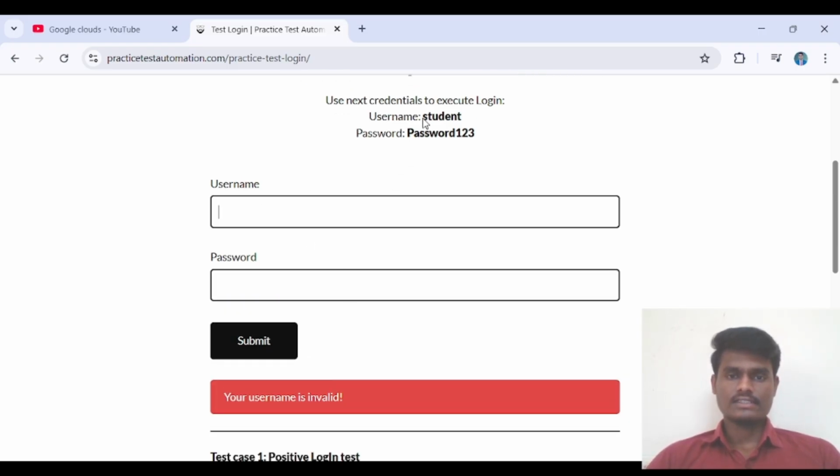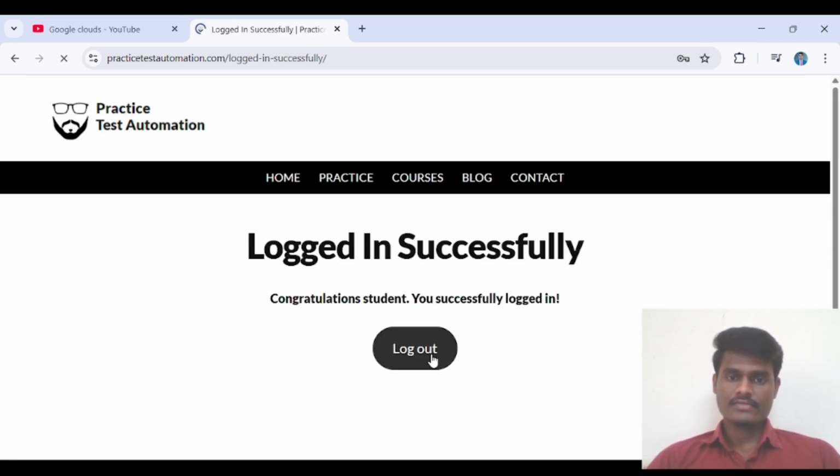Wait, let me copy this one. For password, I have to copy this one. This is a valid password and valid username. If I click on submit, we will get the dashboard or successful login.